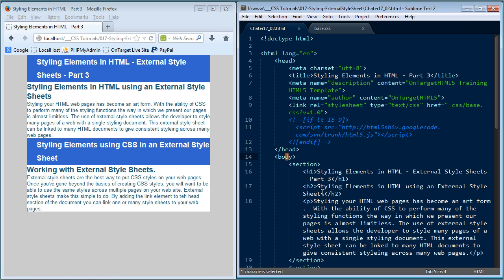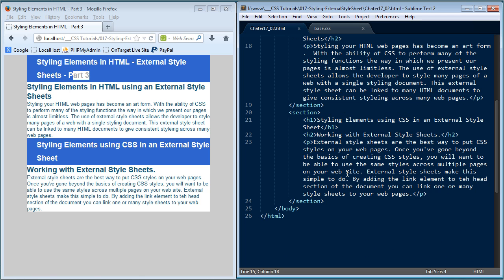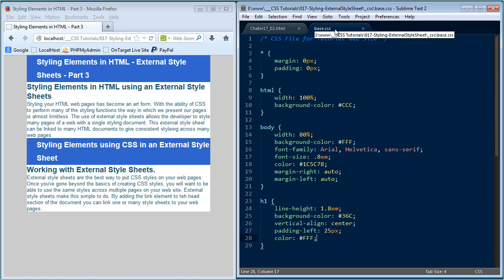We have two H1 tags. We have an H1 tag in section 1, which is styling elements in HTML, external style sheets part 3, which is right here you're looking at. And then we have an H1 tag in section 2, which is styling elements using CSS in an external style sheet, and that's the one that you're seeing down here. So by setting up the styling of the H1 in my external style sheet, now I've actually referenced two separate elements on my web page, and you're beginning to see the advantages of using external style sheets,